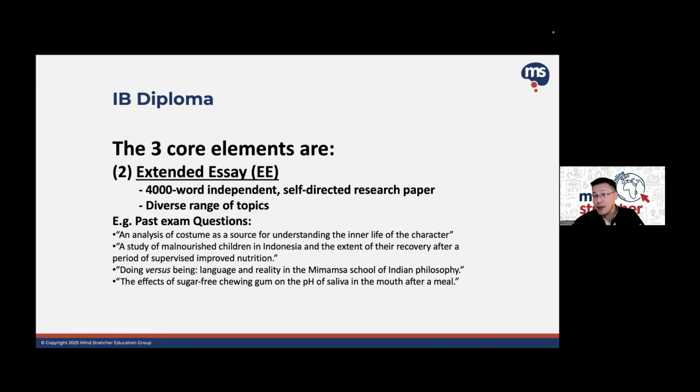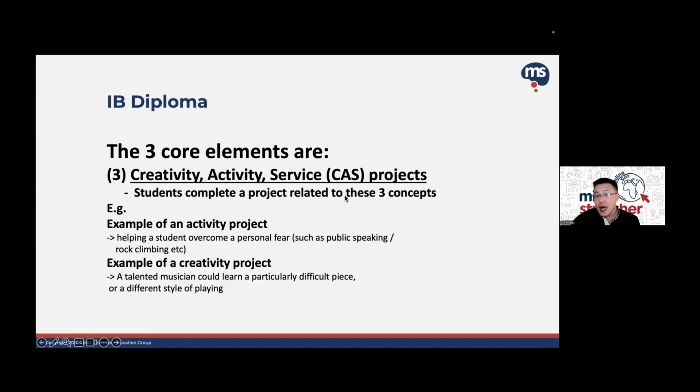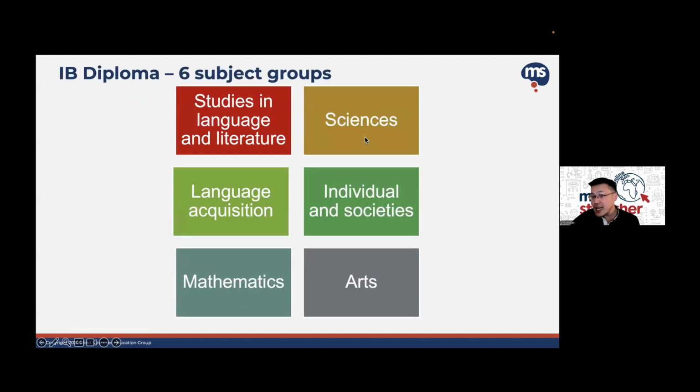So the whole idea behind that is IB wants to prepare students for uni, and one natural part of that is about research, is about self-directed learning. So that's where the extended essay comes in, right? So this is not something that you see in A levels, but you can see it's there in IB. More focus on research, self-directed research, paper writing, etc. Right? So that's one key part. And then the one I mentioned is about creativity, activity and service. But this one, I would say, in a sense, is quite similar to the community service, values in action that JC does.